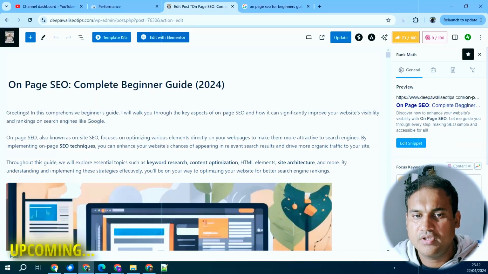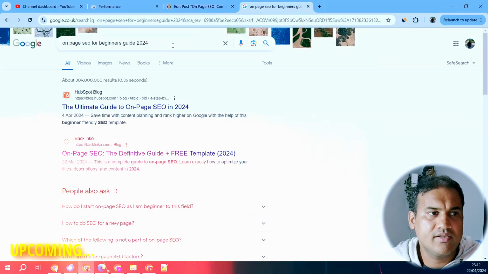First, I'll change my focus keyword. So my focus keyword is